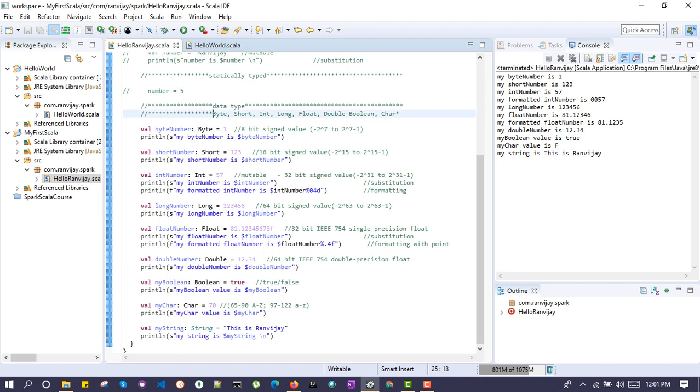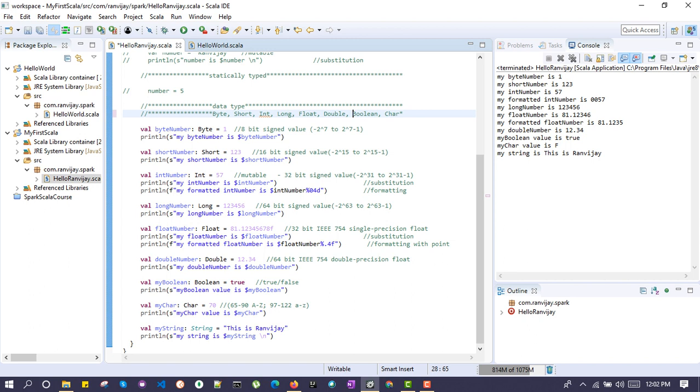Byte, short, int, and long are of integer type, so based upon the size, you need to select one of those. Another is the decimal type, float or double. Based upon your value, if it is a smaller value, go with float; if it is a bigger value, go with double. Then comes boolean. Boolean is for either true or false.